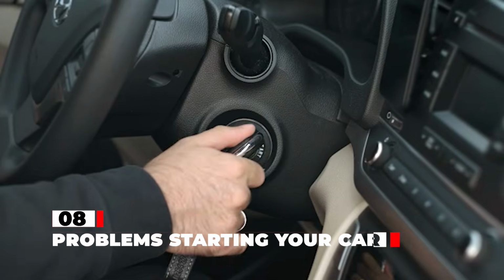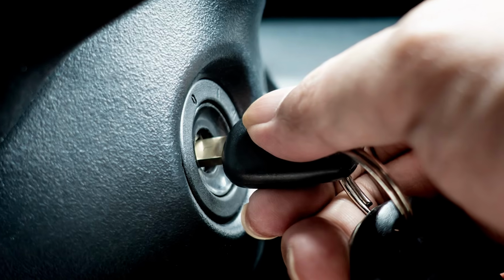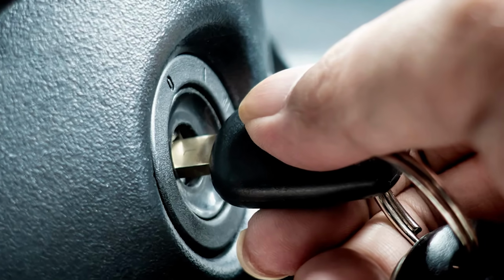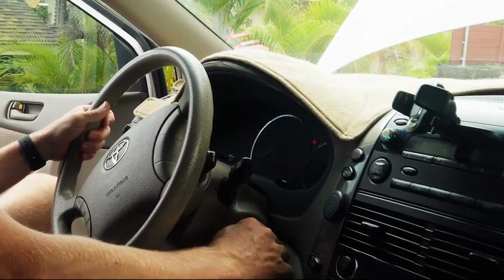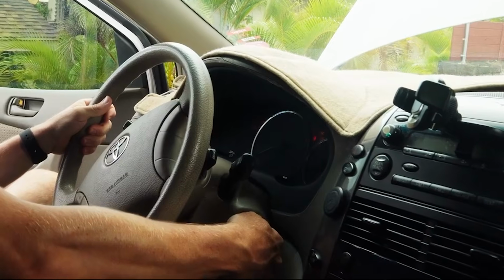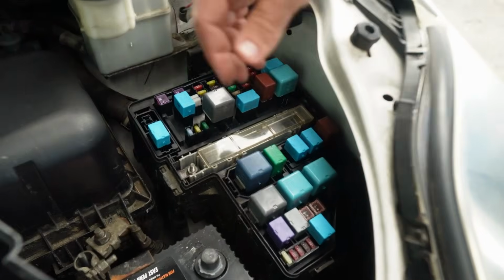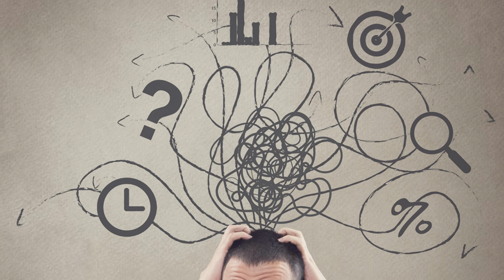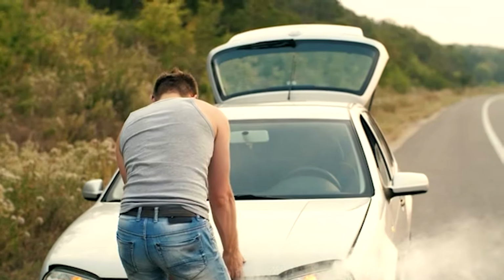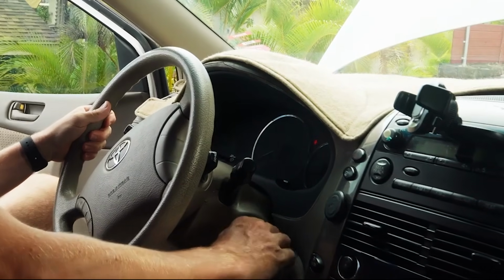The eighth sign of a bad engine ground strap is problems starting your car. You might experience slow cranking, hear clicking sounds when turning the key, or even face a complete failure to start. When the ground connection weakens, the starter may not engage properly, so the electrical system struggles to provide the necessary power to start the engine. This leads to frustration and delays and increases the risk of being stranded, especially if the issue arises unexpectedly in